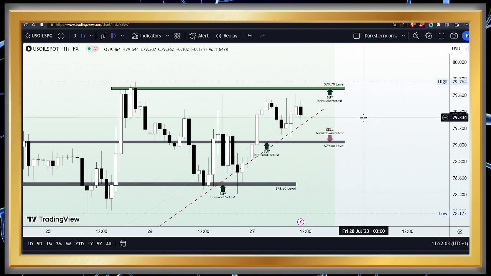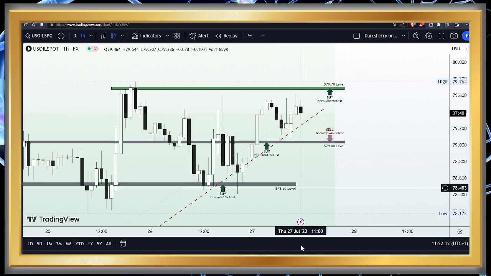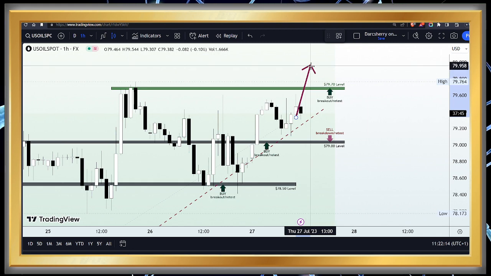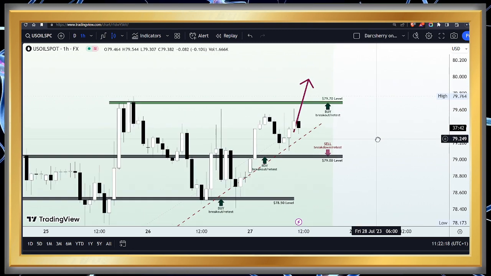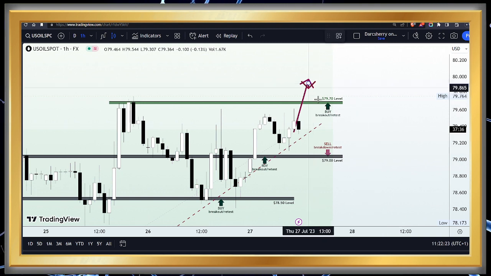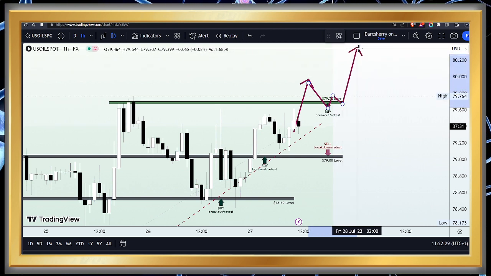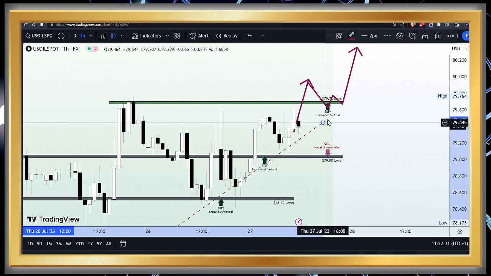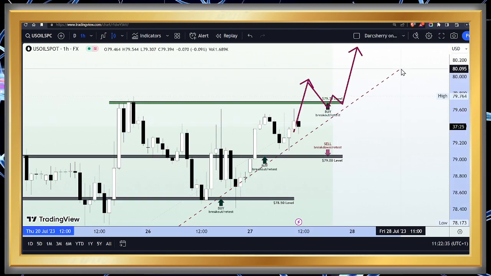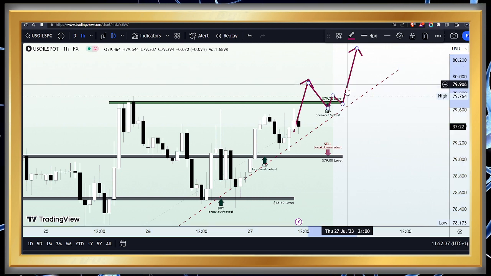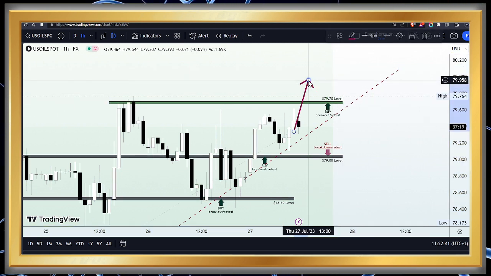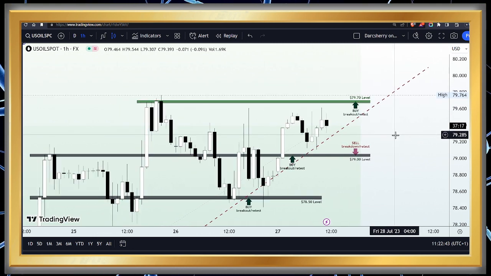Now, for those who are yet to take a position on the US Oil Spot, that is, you are not profitable yet on this instrument, then I will be advising you to follow the technical expectation here. That is, a breakout of the 79.70 level happens first of all, then you scale down into the lower time frame, where we want to be looking out for a retest of structure to confirm that truly buyers are getting stronger. Then we can join a bullish move to the upside. And in fact, if price action comes back to retest, it is likely going to be testing that ascending trend line before another wave will happen. So let's be on standby to be part of this bullish move when it finally happens.